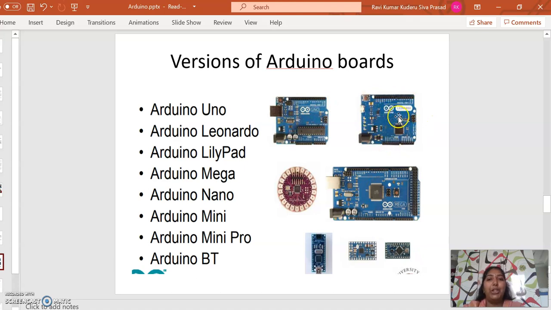One more variation is the Arduino Leonardo board and the Arduino LilyPad. This Arduino LilyPad is mainly used to develop projects using clothes or wearable products, and this is the Arduino Mega, and this is the Arduino Nano, Arduino Mini, Mini Pro, and this is Arduino BT. So various